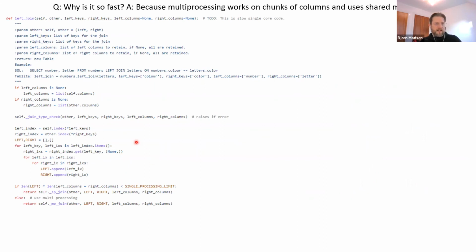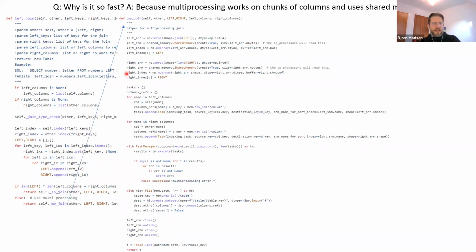Multiprocessing itself is in use here, and here's an example with a left join where we analyze the left and right table, and we create an index, and then we create a shared memory array for the left and right index. And as you remember, when we work with multiprocessing, we work on a page and on a column at a time. So if I need to look up a page in the data set and reorganize it according to some sortation, then this algorithm is technically optimal because it goes in